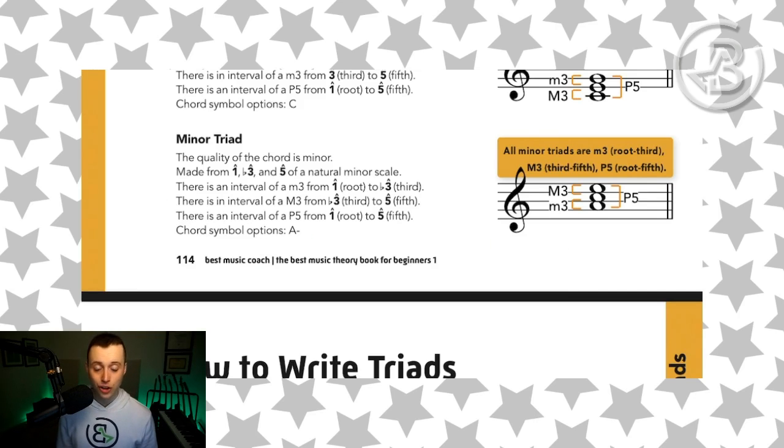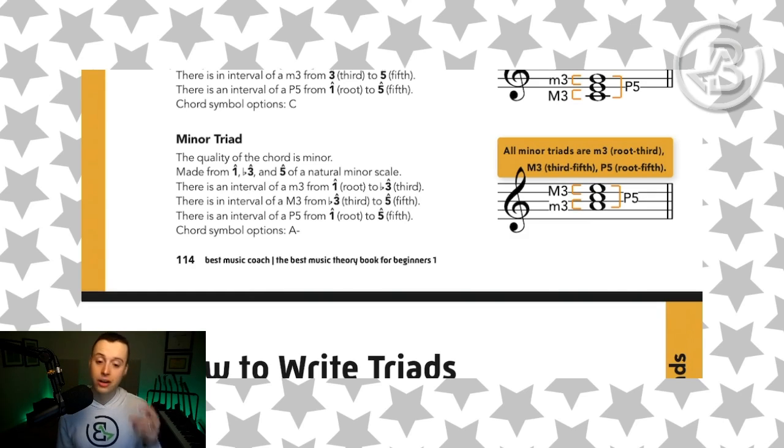In this lesson, you are going to understand how to break down a minor triad using intervals and a system that works for all minor triads. It doesn't matter what note from the full musical alphabet they start on. So the quality of the chord is minor. We're going to construct the chord from 1, flat 3, and 5 of a natural minor